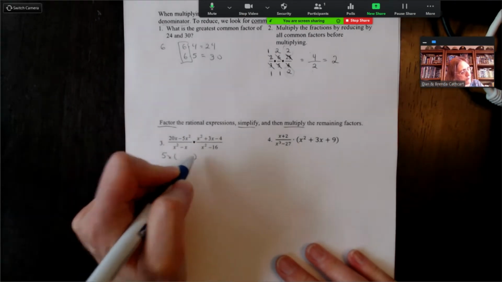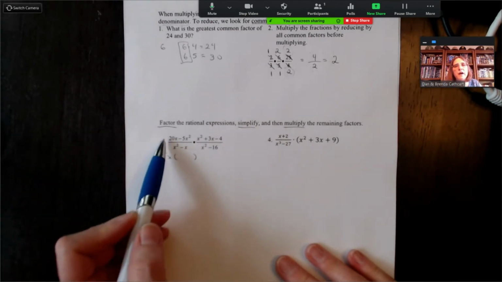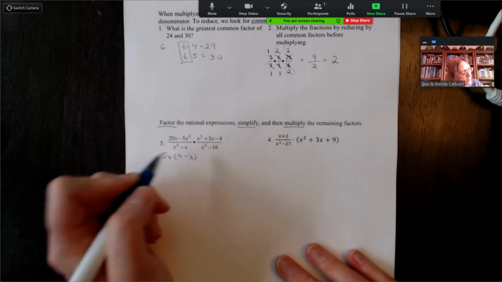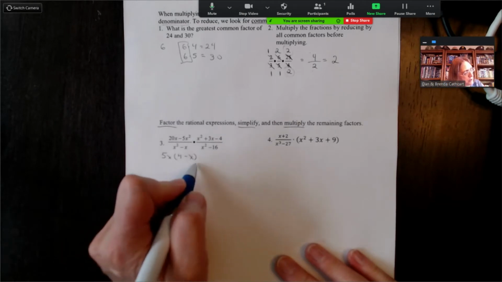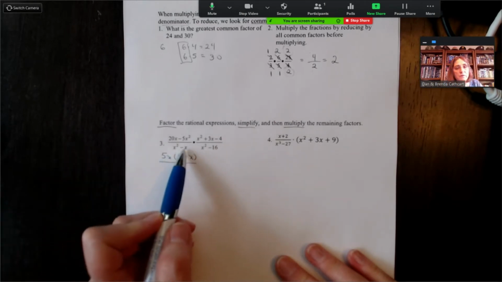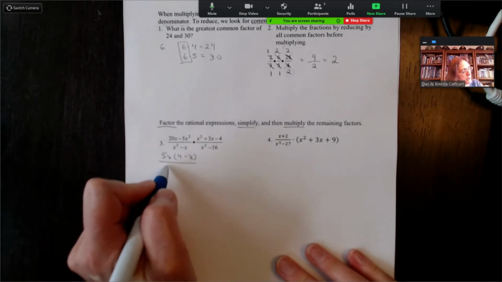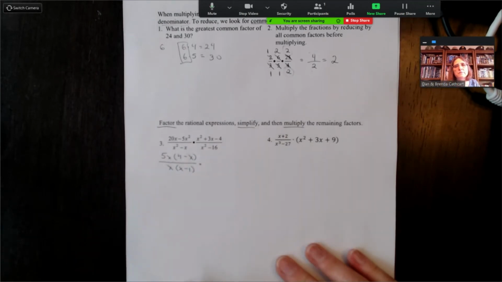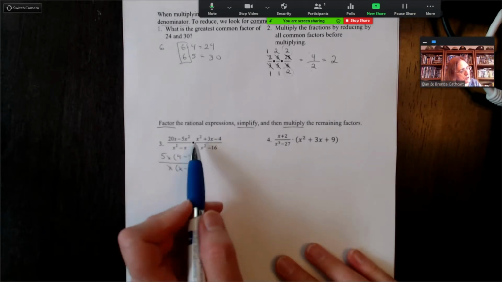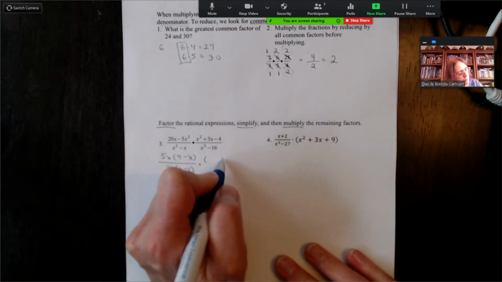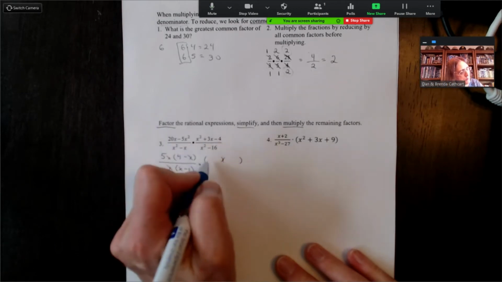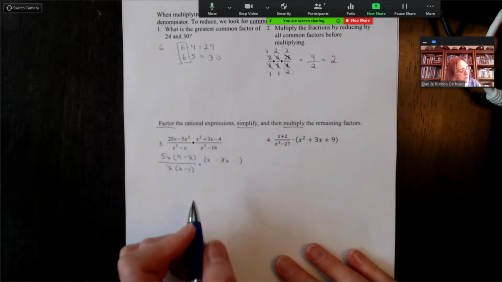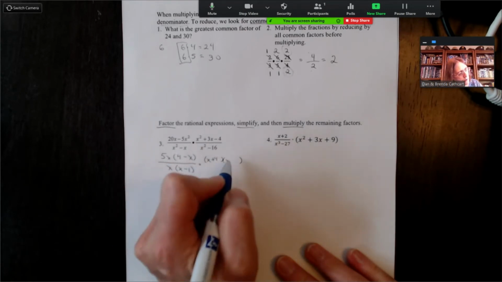So in the numerator of our first fraction, we factor out 5x, leaving us with 4 minus x. And in the denominator of that fraction, we again have a binomial, which has a common factor of x, so it factors to x times a quantity, x minus 1. In our second fraction, it's a trinomial. It's going to factor into two binomials. x squared is x times x, and the factors of negative 4 that add to 3 are positive 4 and